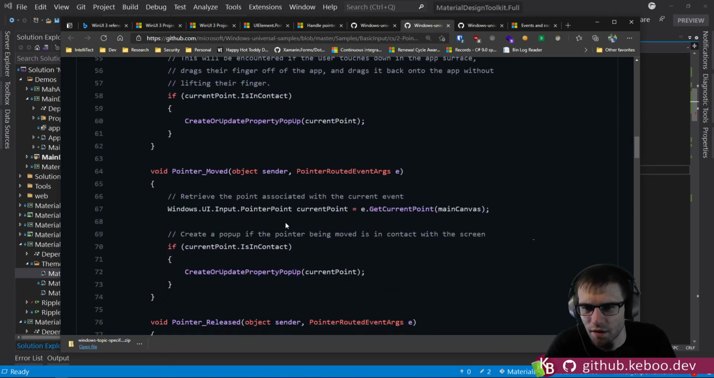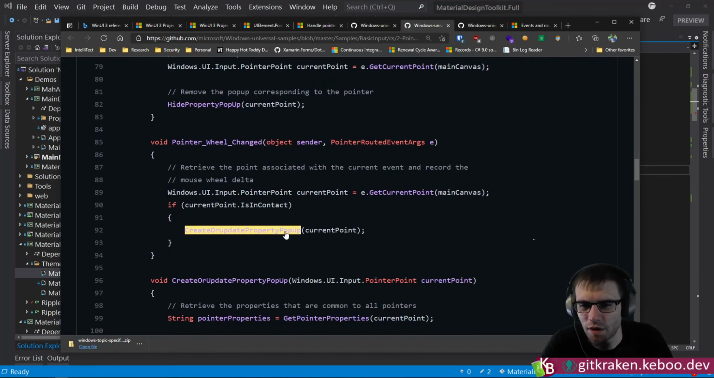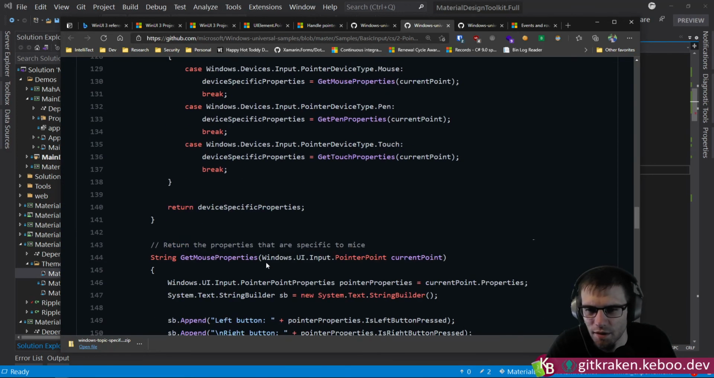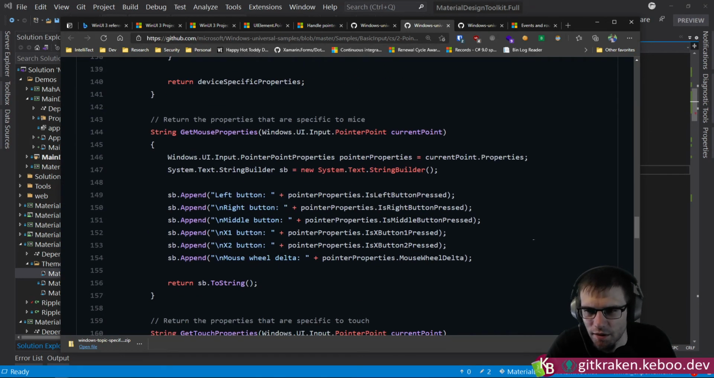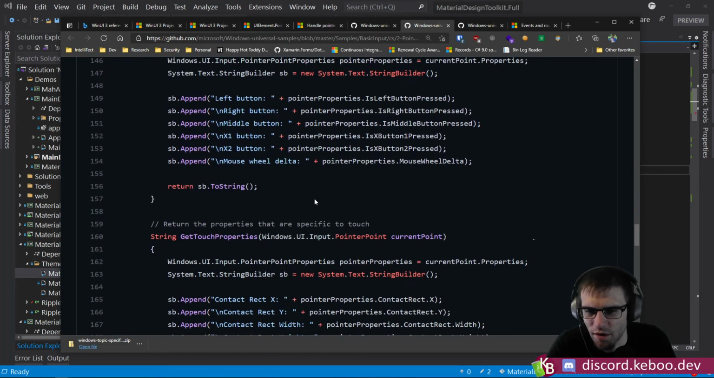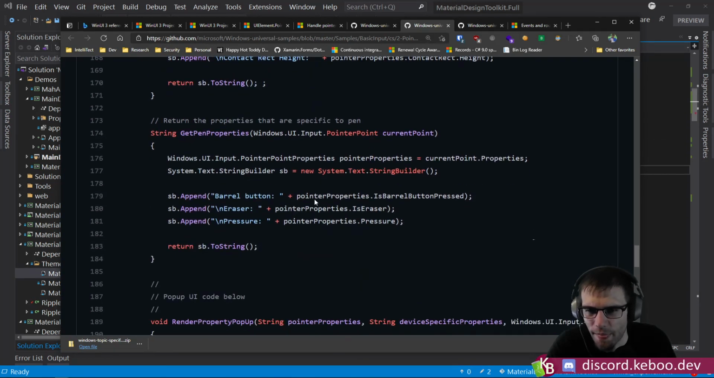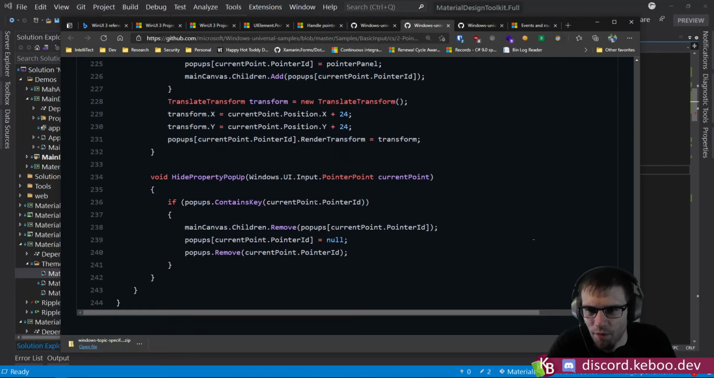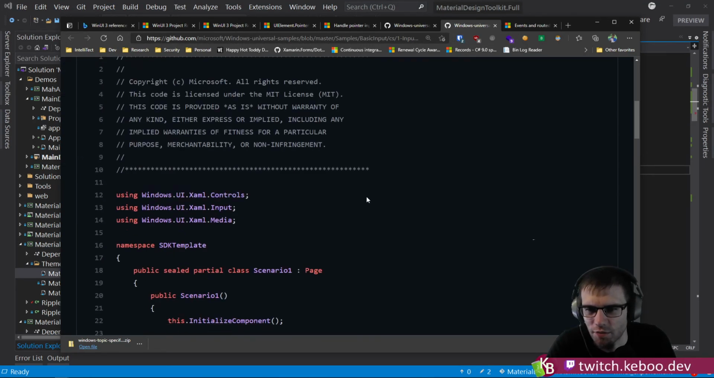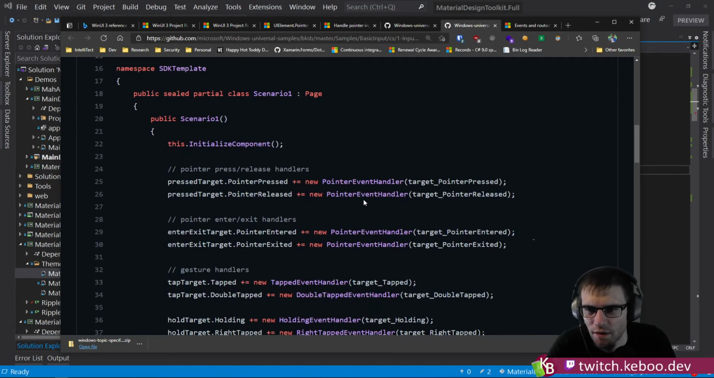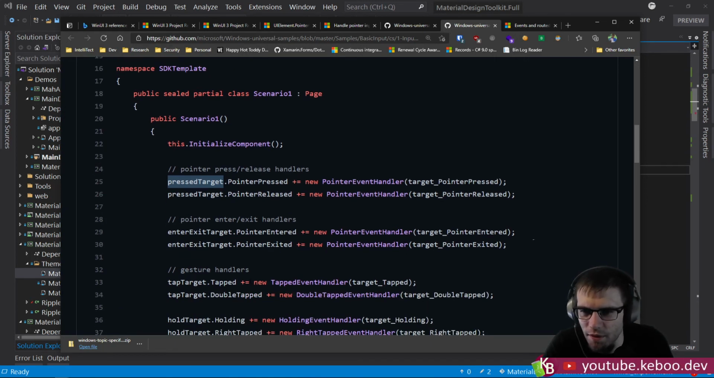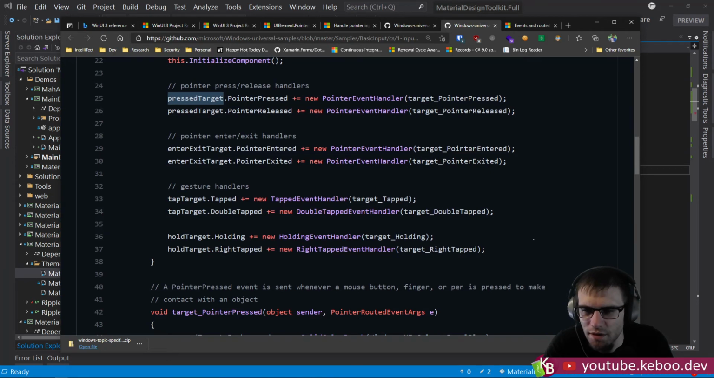All right. Pointer exit, pointer released, wheel changed, blah blah blah. Get pointer properties. Get mouse properties. Just fine, right? This is all good stuff, but this isn't. What I want to know is when the button is released. Press target. Pointer pressed, pointer released. Right? So this is